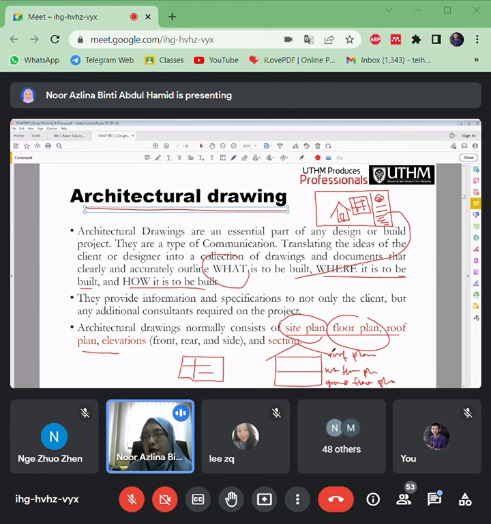So that's why normally for the drawing, they will mention ground floor plan because there is a slab within this level. This one also first floor plan, but roof, we just mentioned roof plan.